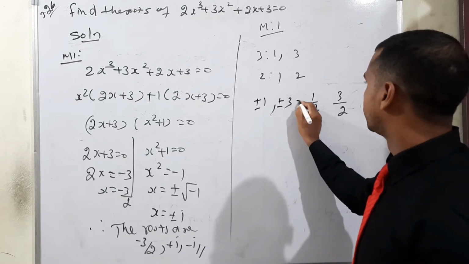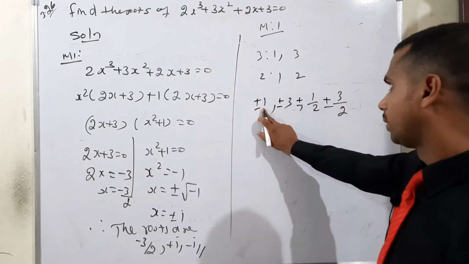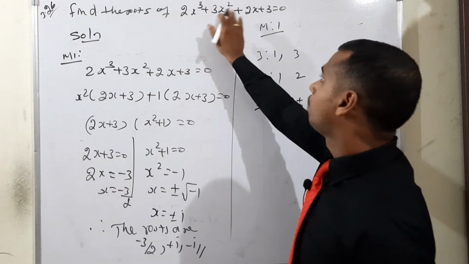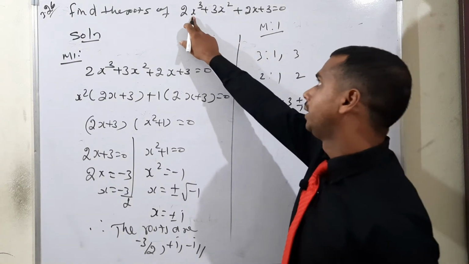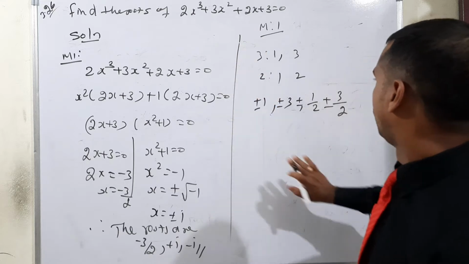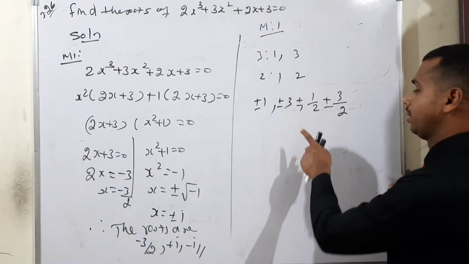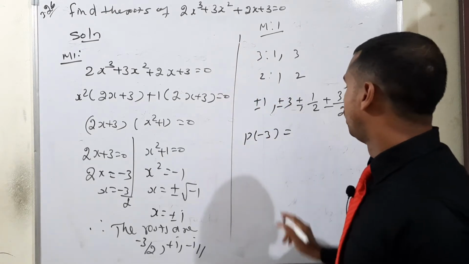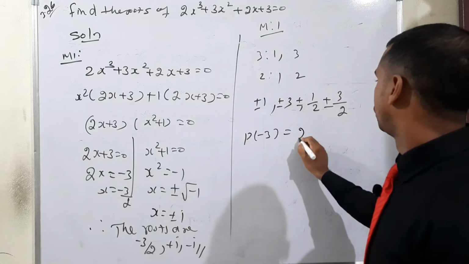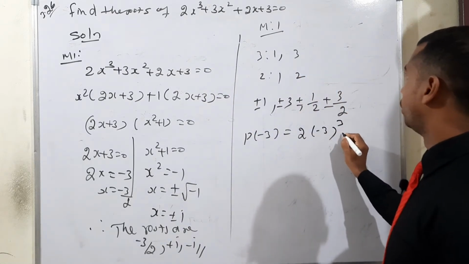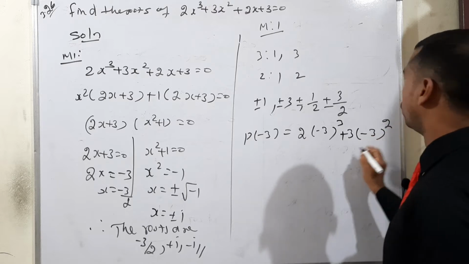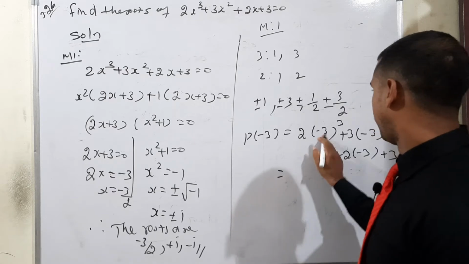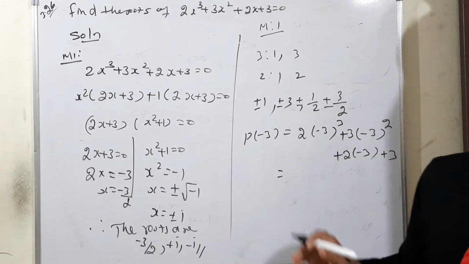Each of them with plus or minus. So plus 1, we already checked, is not possible. Then minus 1 is also not possible. Why? Because all the terms are positive. So with all positive terms, if you put a minus, definitely it won't be 0. That's all. Okay, here also the positive cases we can leave. Here also positive 3 we already checked. Okay, just check negative 3. What are the possibilities? P of minus 3 means what will happen? So 2 into minus 3 the whole cube plus 3 into minus 3 the whole square plus 2 into minus 3 plus 3.